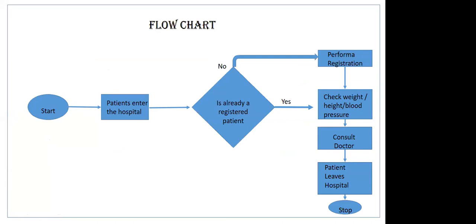This is another example of a flowchart. When a patient comes to the hospital, first the patient enters the hospital, then goes to the registration counter. If the patient is not registered, that is no. If the patient is not registered, the patient wants to fill the registration form. If the patient is registered, first